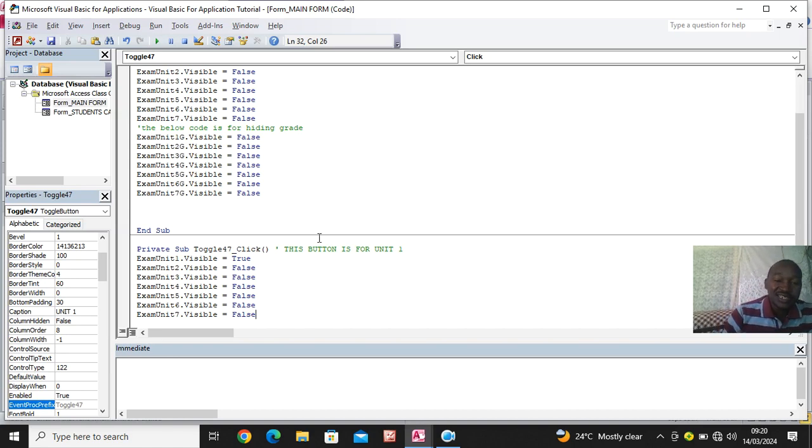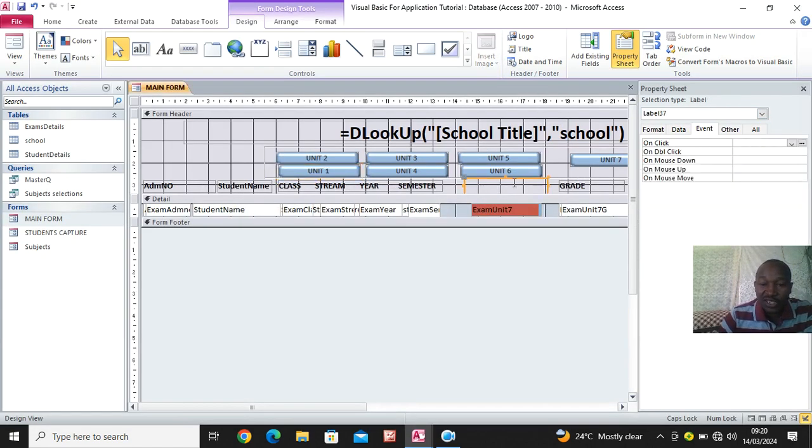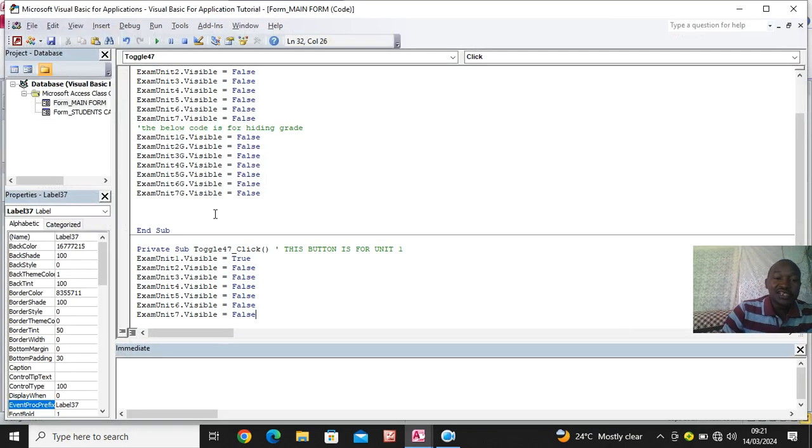It will be displayed. The next thing here is to read on this. What is the name of this label? There is a label we put here. It is label 37. So I go back to Visual Basic. Whenever I click on Unit 1, label 37 should say Unit 1. So you can just put the code here. I want to go to this point. So label